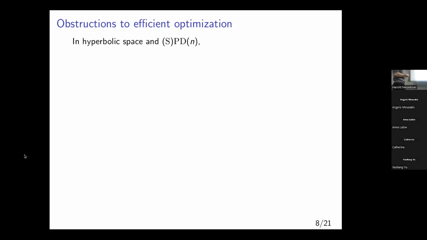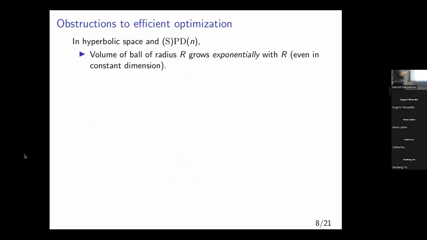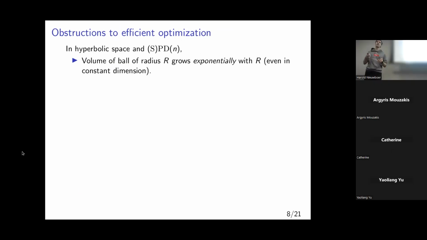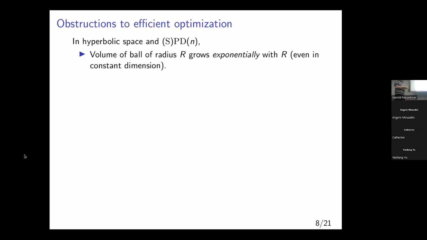Now, what are these obstructions that I was alluding to? The reason cutting plane methods, for instance, are generally not satisfactory, even if you could make them constructive, is because the volume of a ball of radius r in hyperbolic space grows exponentially with the radius. In Euclidean space, you know that the volume of a ball of radius r is something like r to the n, up to some constants. But in even two-dimensional hyperbolic space, it scales like e to the r. Maybe I messed up the exponent, but